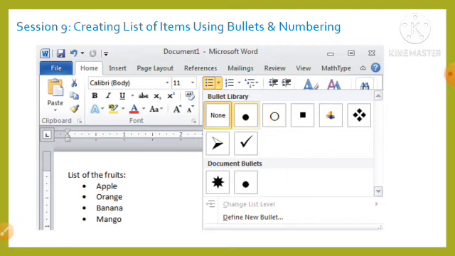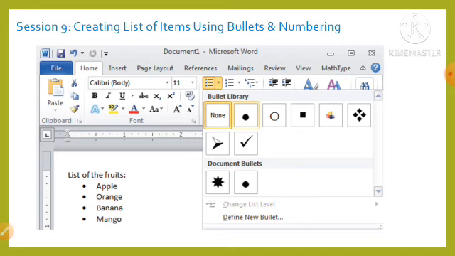creating list of items using bullets and numbering. Okay, suppose we want to elaborate on the various parts of an equipment or device, or we want to explain a sequential process in a document. In such cases, we can use bulleted or numbered lists to present the information in an eye-catching and easily readable manner. We can create a bulleted list whenever we want to present a set of independent options or parts of a device. We can create a numbered list whenever we want to explain a sequential or procedural activity.